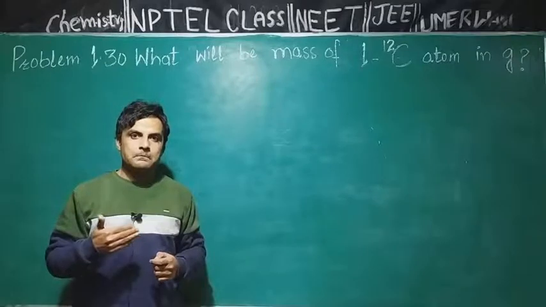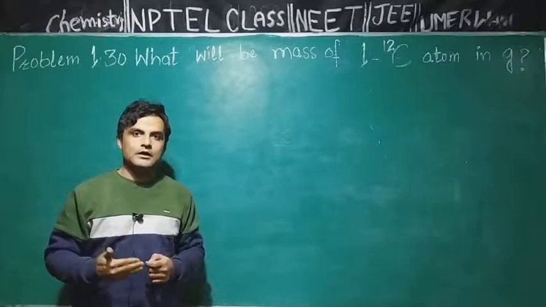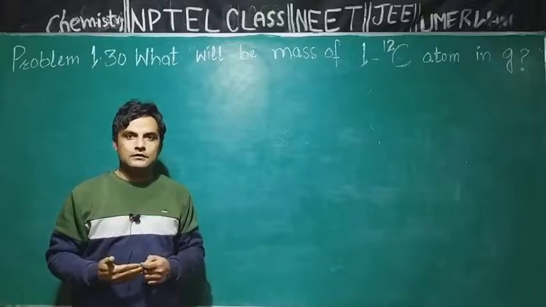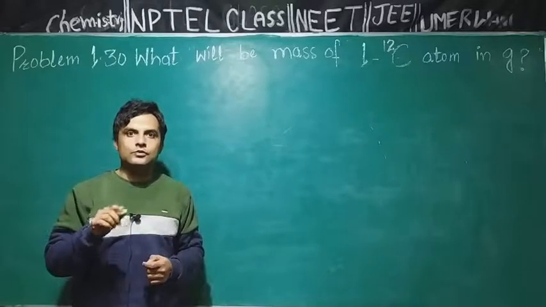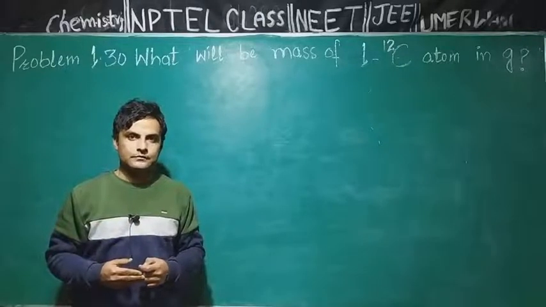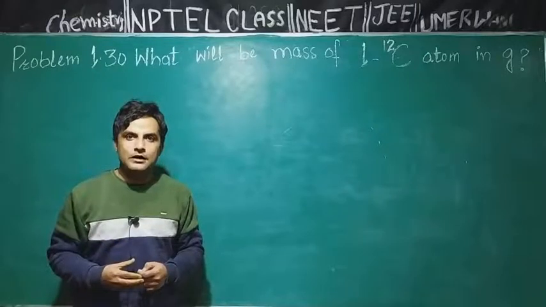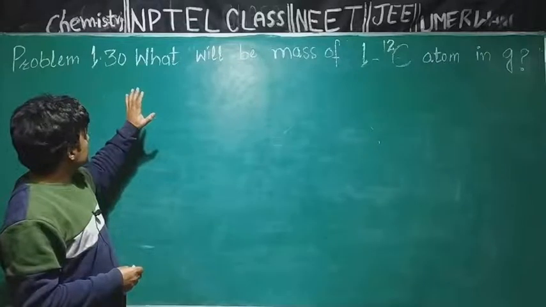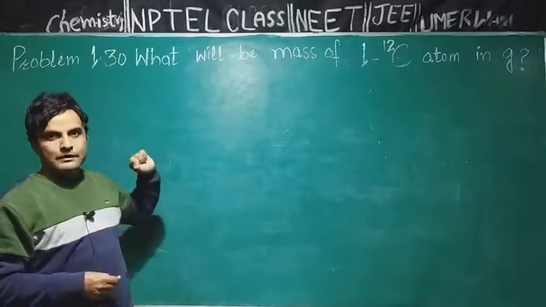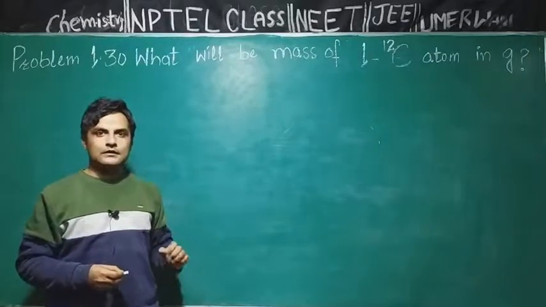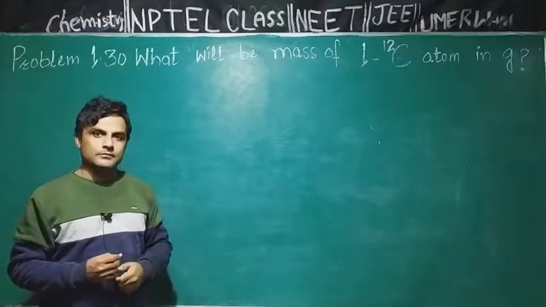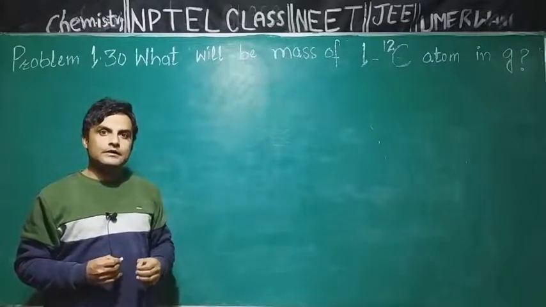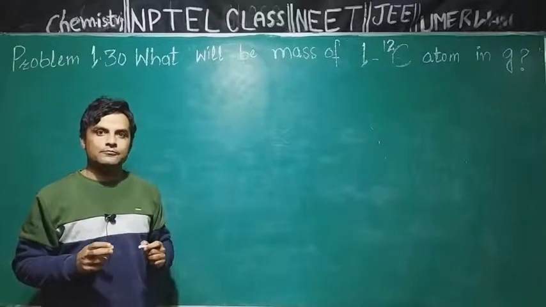Similarly, the mass of one atom of carbon on the atomic mass unit scale is 12 units. The relative atomic mass of carbon is 12 units. But this very problem is not based on the concept of relative atomic mass. It is based on the concept of gram atomic mass of an element.